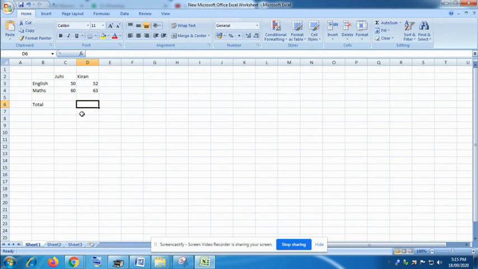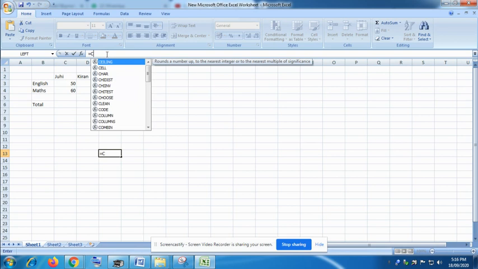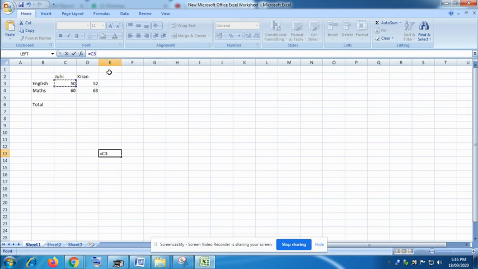Before that, you have a formula tab. In this, you want to add these marks, 50 and 60 together, and get the total marks. So what you will do here is provide the equal sign, as I told you. Then I want the sum of C. These are the columns and these are the rows. If I click on this, you can see in blue in the formula bar C3.